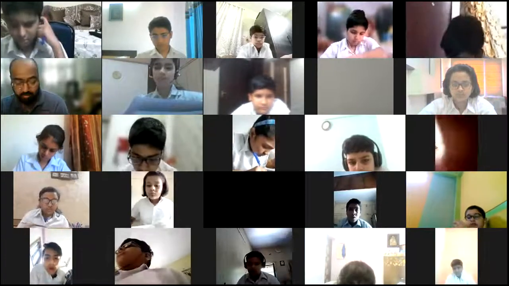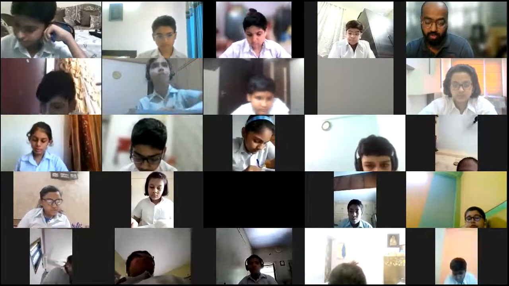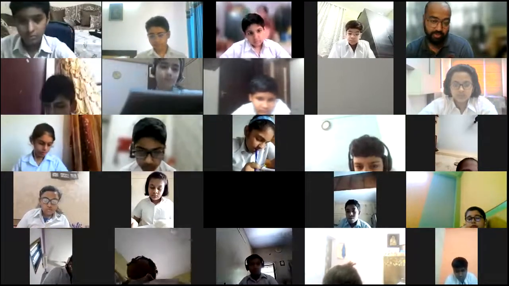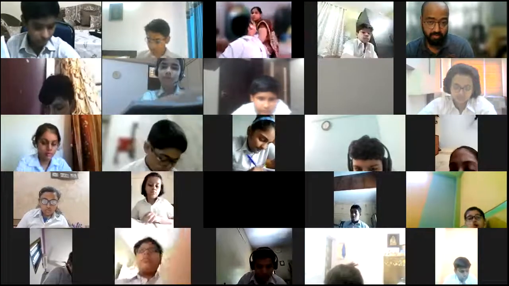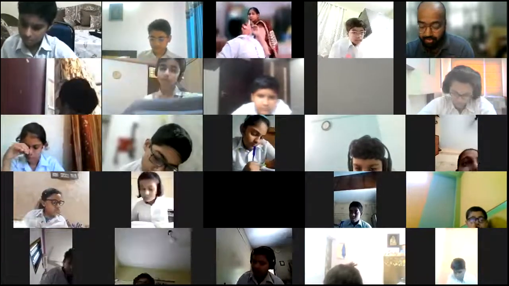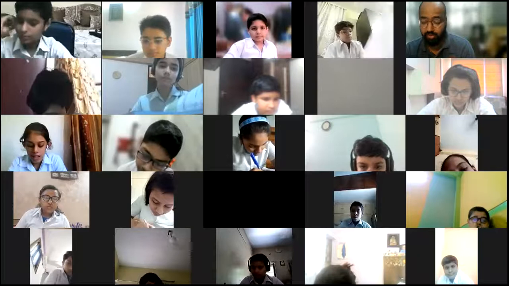Let us come to answer the following in detail. Analyze the significance of various colors in topo sheets. Now, various colors in topo sheets. It's given on page number 13, if you can see that. Seven types of colors are mentioned at the top. So you have to learn them.